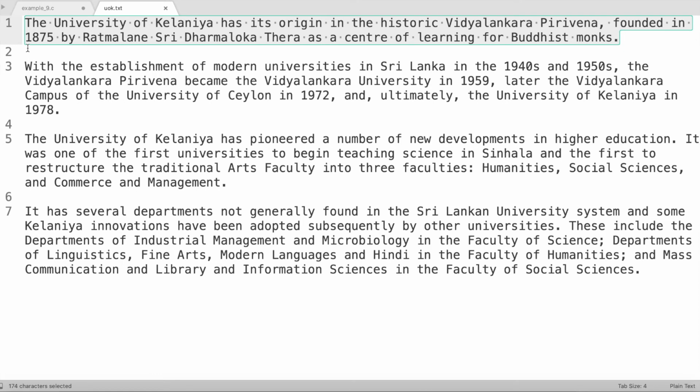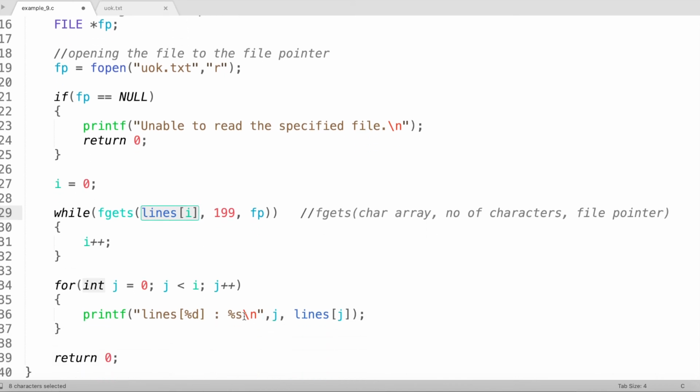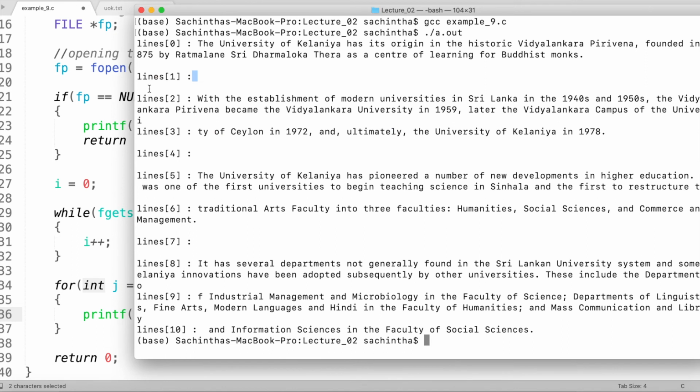So the second reading command will read only the new line character. That is why it printed the new line character, and then the new line character printed from my program will be printed here, right? So that is why an extra new line has come in.